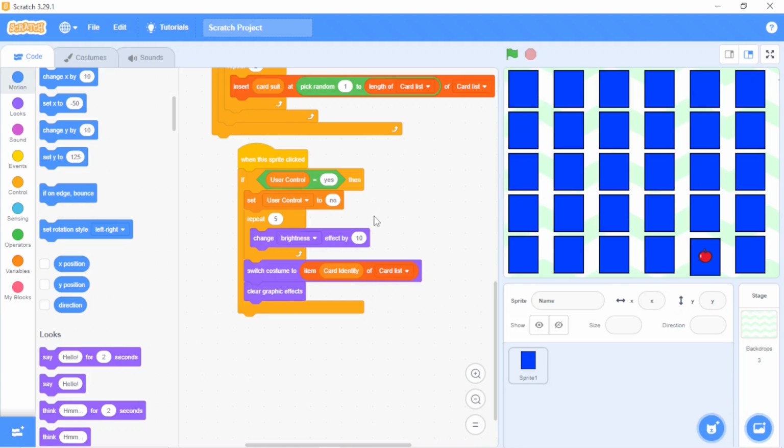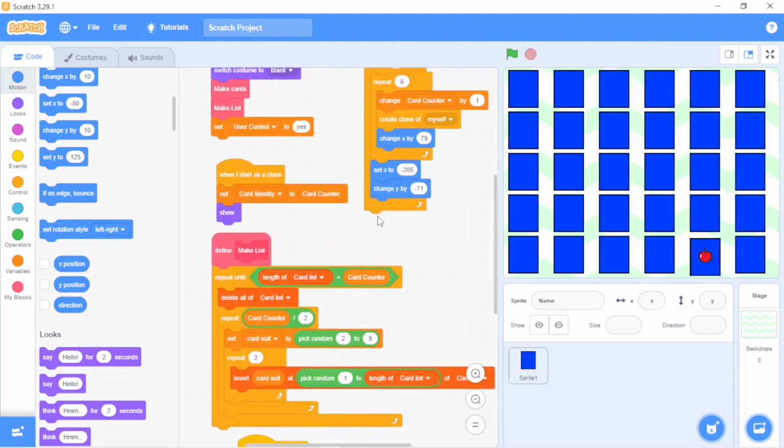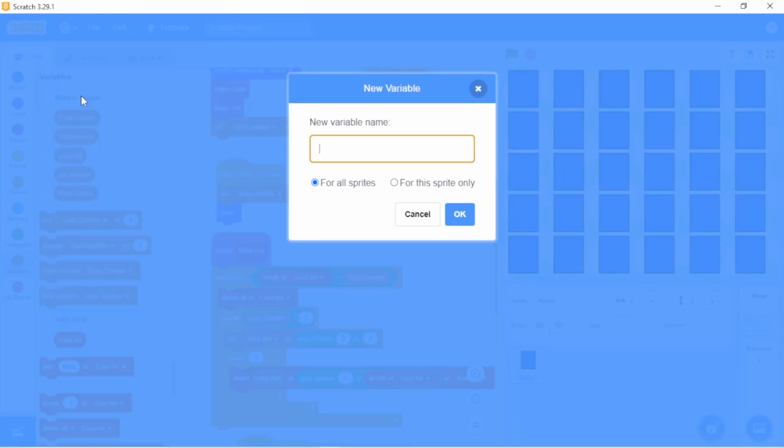Now what do I need to do? Here we need to make two more variables, that is match 1 and match 2, because they show the matching: card 1 should be matched with card 2. That is one condition. The second condition is what should happen when card 1 is not matched with card 2. On the basis of that, we'll make the two conditions and take the decision. So here I'm going to create my two more variables, match 1 and match 2.